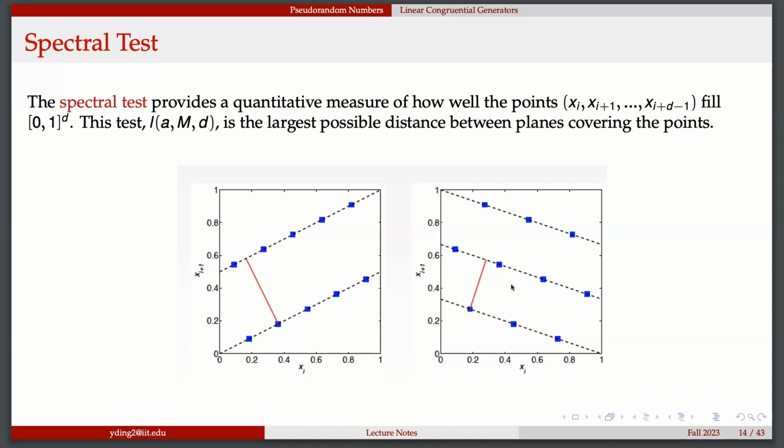This is just to give you the idea. You won't be asked which one is better, or to draw lines and compute the distance. Here I'm just trying to show the parallel planes and the distance. Even without that, it's easy for you to know this one should have a smaller distance compared to that, if we choose the largest distance there. But that actually gives us the idea that you hope the points can spread out over the whole space, or over the square. That's it. So we can try to check it.